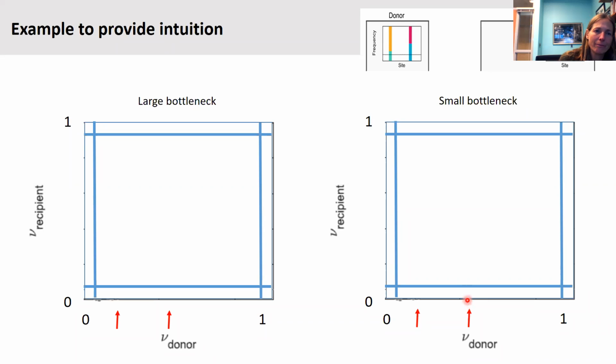there's a 45% chance that it will not be transmitted. And a 55%, sorry, it's been a really, really long day. If it's 45% frequency in the donor, then there's going to be a 45% chance that it's going to be transmitted to the recipient, in which case it's going to be